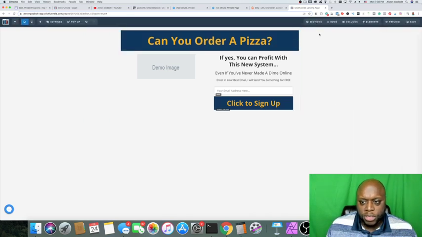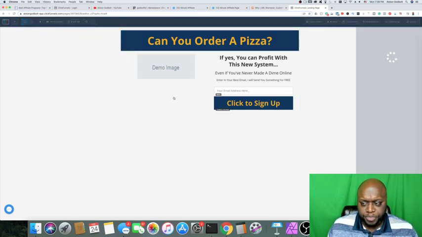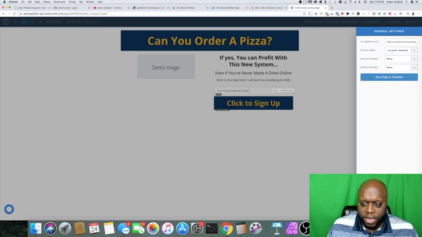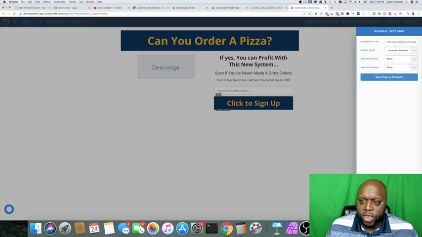So this is basically it. You can add a little bit more content, maybe try and add some value. You don't necessarily have to. It's very basic, very simple. Another thing that you can do, instead of sending them to a landing page, you could actually go up to settings and go down to general. And when they click submit, it automatically redirects them to the affiliate offer.